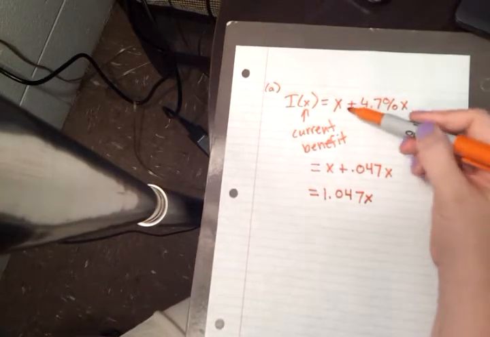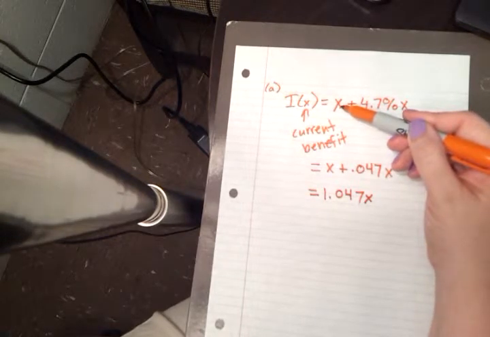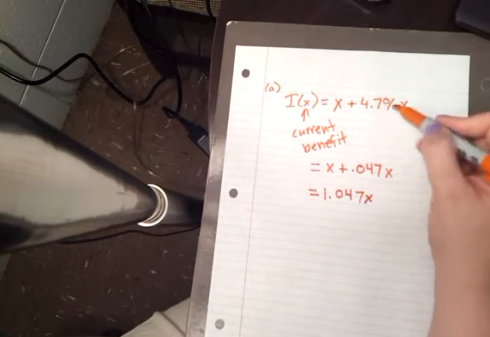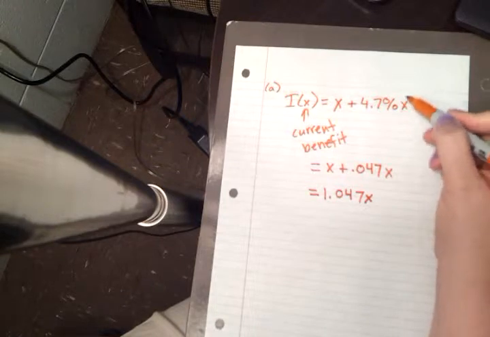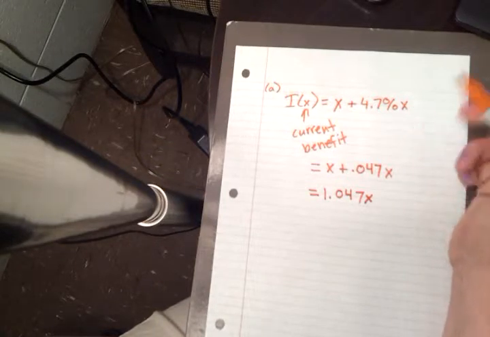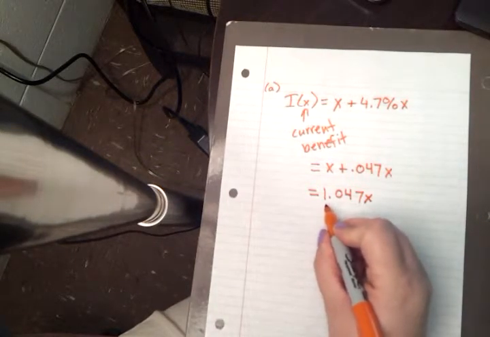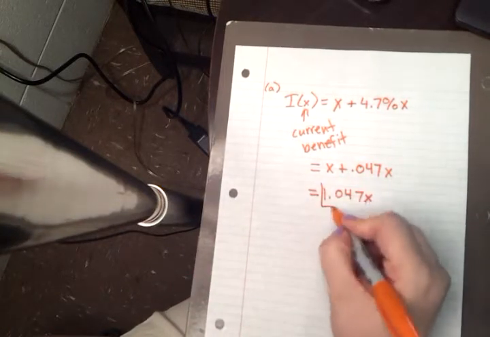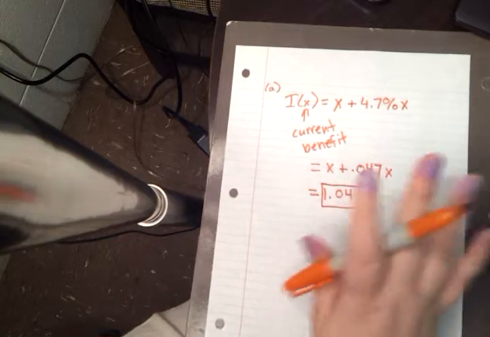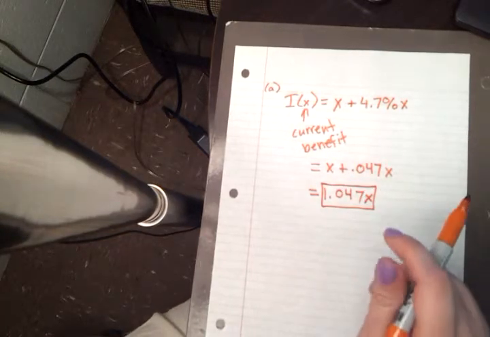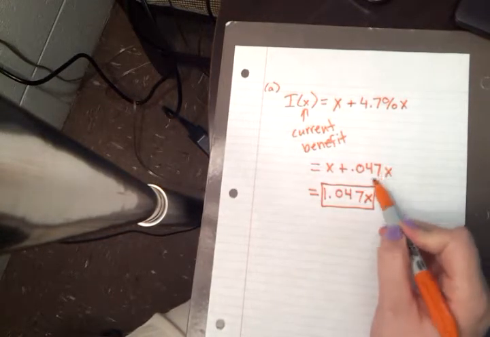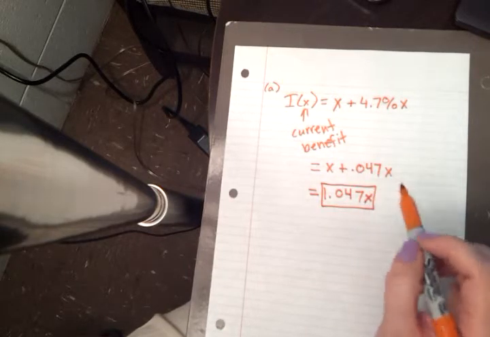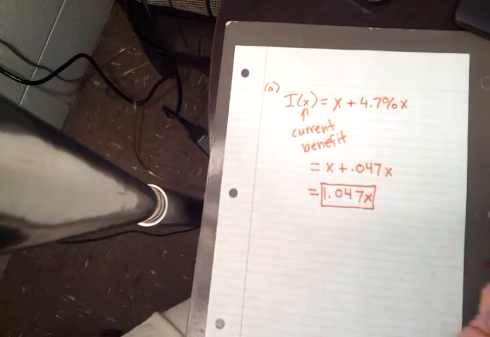1.047X. So we took their current monthly benefit and then added 4.7% of that current monthly benefit right on top of it. And so that gives us the 1.047X. And that's all you have to enter in blank A. Of course, your numbers may be a little bit different, but it's going to be the same idea. And make sure that you move your decimal place over 2 places to the left because you're dividing by 100